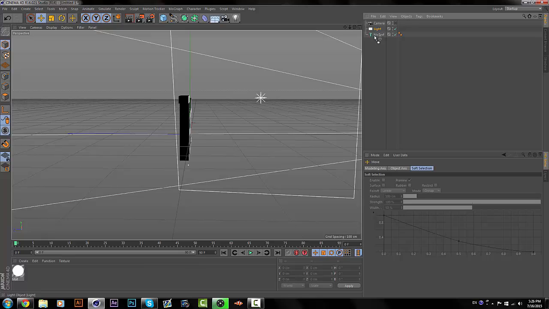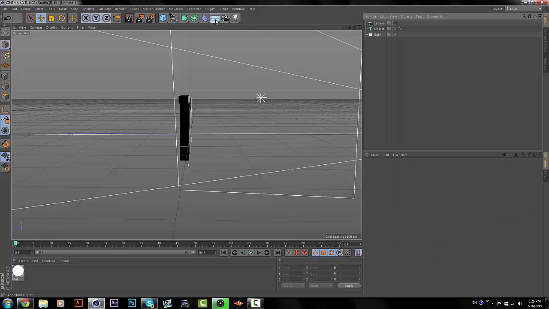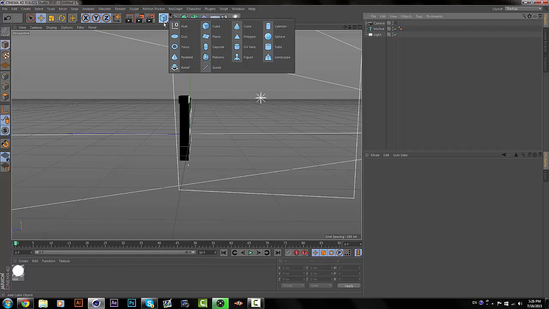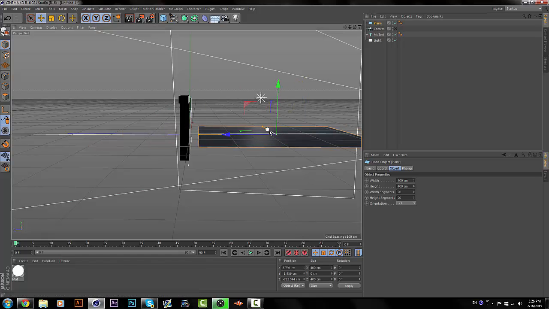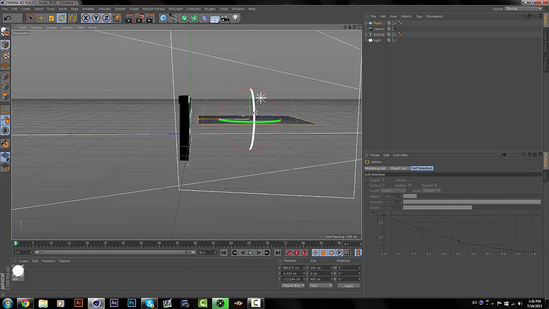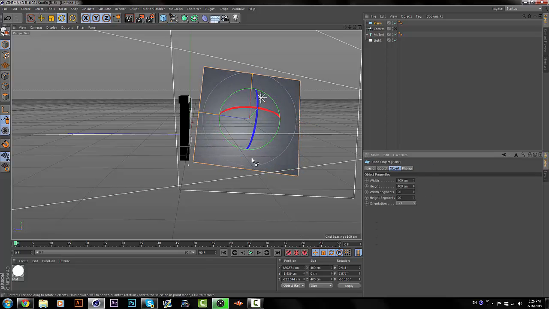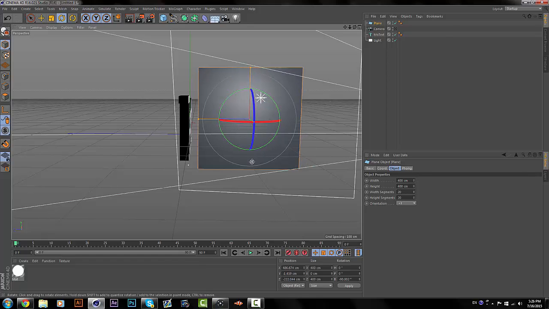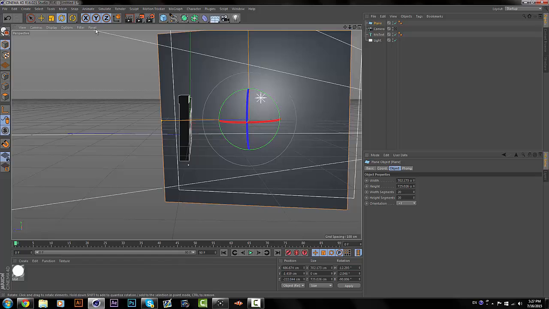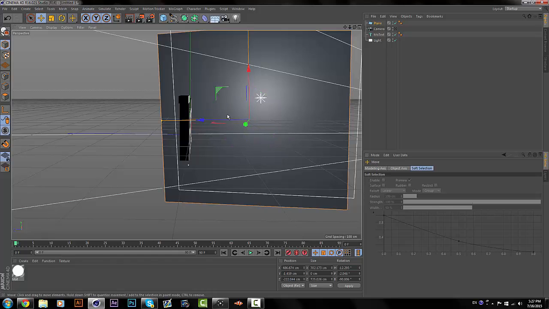And now bring this layer down here, and I'm going to, no, not in there, I'm going to go to the square, go down to plane, take this plane and move it over here, bring it like that. I'm going to rotate this plane. Hold shift, after you've clicked on it and brought it down a little bit, just hold shift and bring it down to get this perfect angle. And now I'm just going to rotate it to the side a little bit, use these yellow or orange things, whatever they are, and just size it up to the same